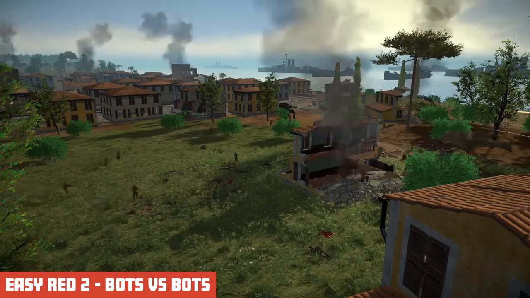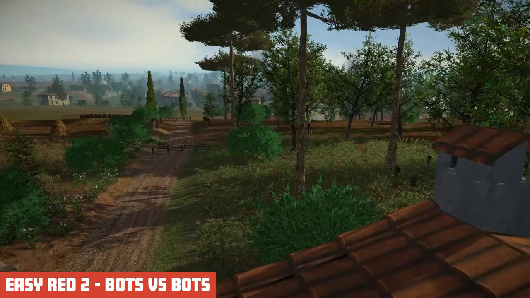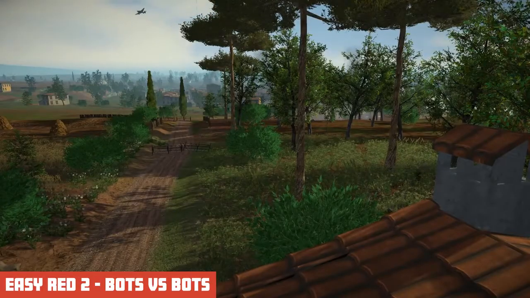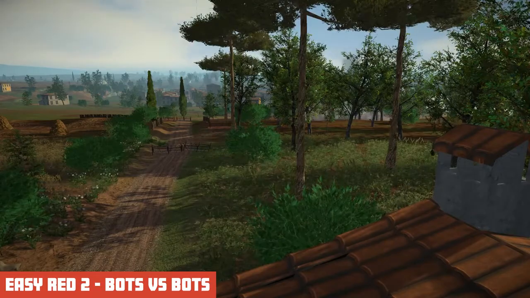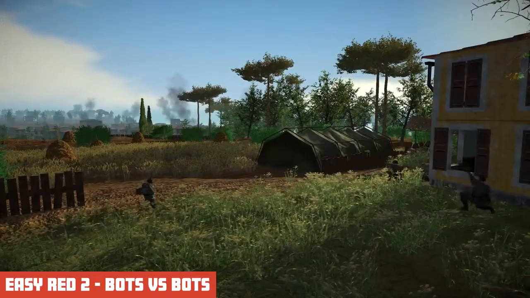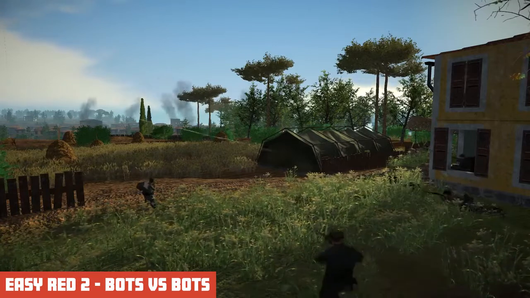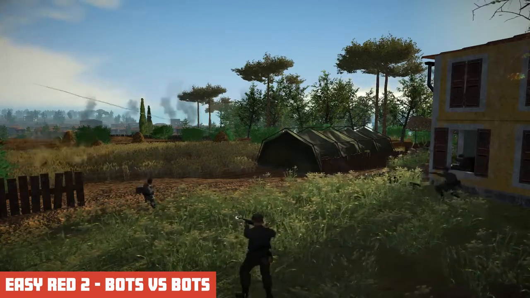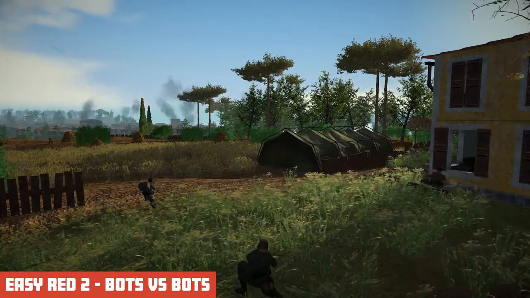So I'm going to describe Easy Red 2, and you tell me if you agree with it. All right, so Easy Red 2 is a World War II sandbox because you have a map editor in which you can pretty much set up your own battles with the AI to some extent, right? Yes. You have the multiplayer.